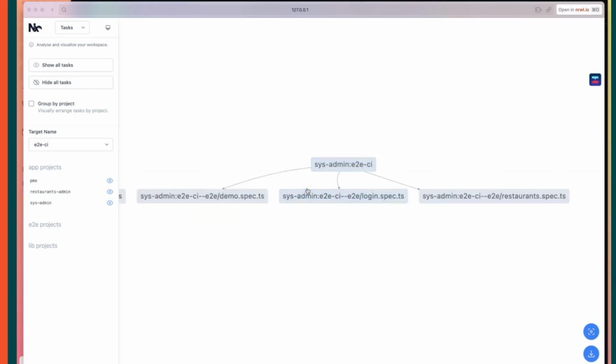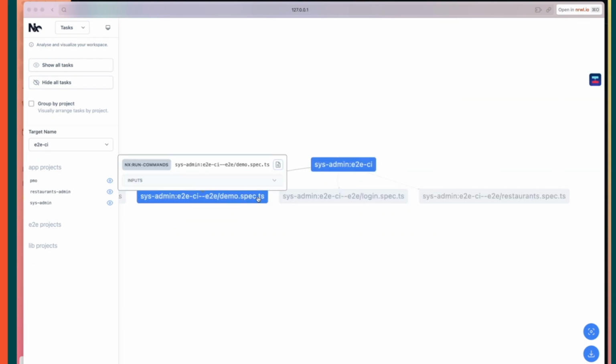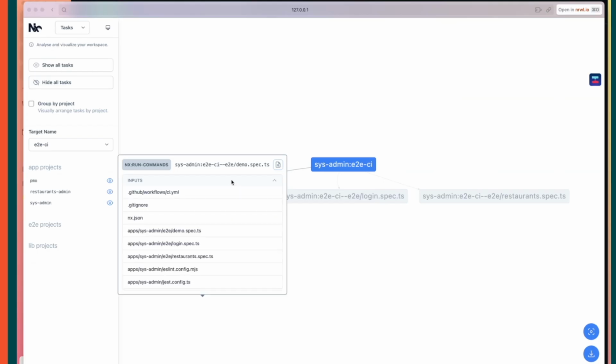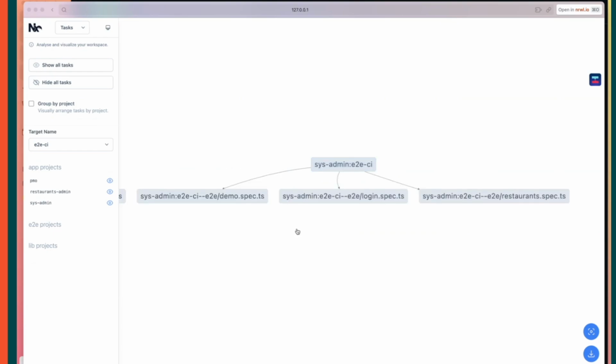So this is how the Atomizer is taking our spec files and automatically, dynamically generating the task for them. But if we zoom into this and look at the inputs, we see that they include some of the global things like changes to our CI, nx.json, and it's saying that any changes to itself would invalidate the cache, but also the login and the restaurant spec, which is the default behavior with Nx Atomizer today with our built-in